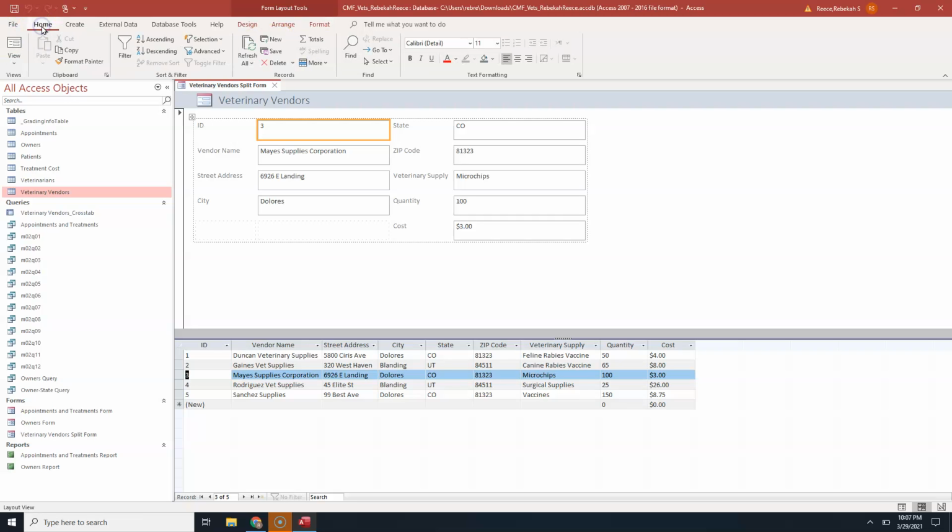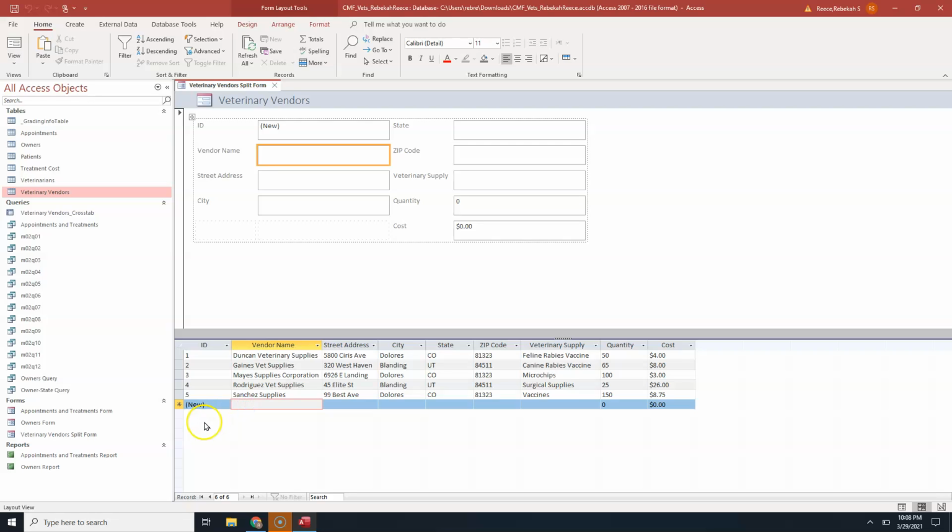If you are on the home ribbon, you will see in your records section here that you can create a new record. Also, by using those navigation buttons down here at the very bottom, you will see the new blank record button is at the very end of the navigation pane, the triangle with the yellow star at the end of it. You can also just click on the new row here in the datasheet view, and that will bring up a blank form where you can type your new